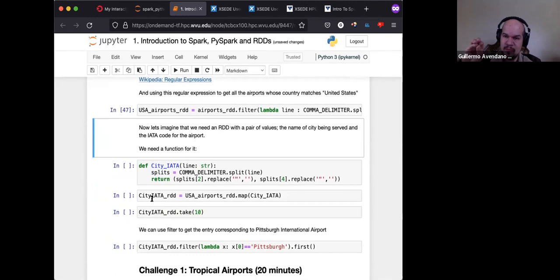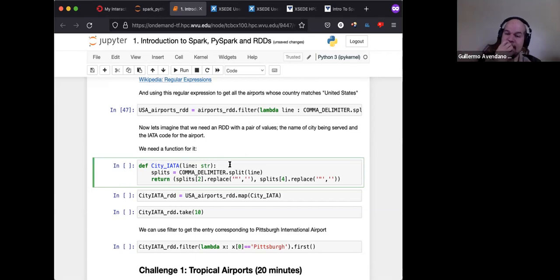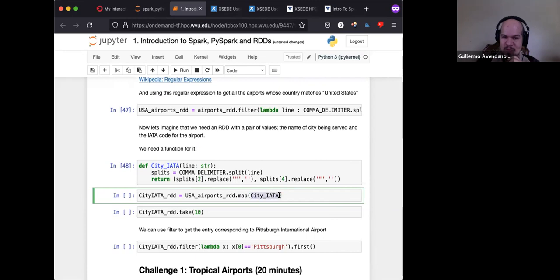Now, I will create a new RDD where I'm just extracting a few elements of this data: just the name of the city associated to that airport and the code for the airport. So this is a function that I will use here in this map. Notice the map receives a function. I'm no longer using a lambda function because this is a little bit more complex, so I am creating an entire new function here, which